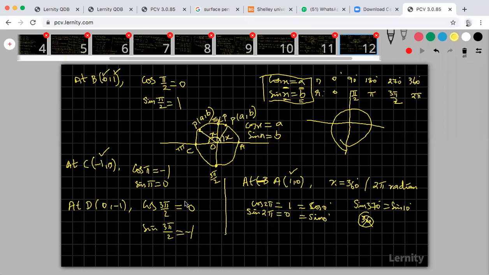Okay, so now we are going to find out some standard values. So you are telling for 0, 90. Yes, I'm going to discuss that. You please wait. What is the value of sine 30? What is the value of sine 45? What is the value of sine 60, cos 60, everything. These are the standard values.